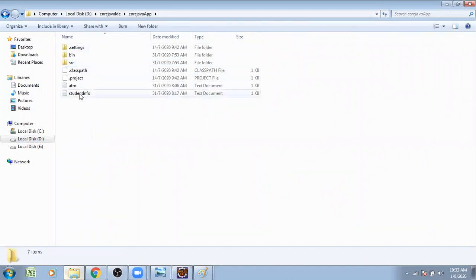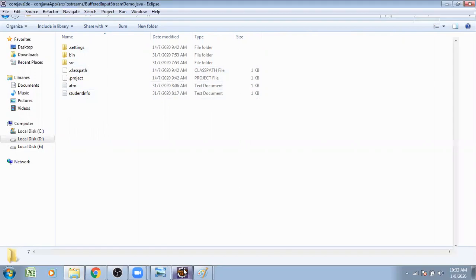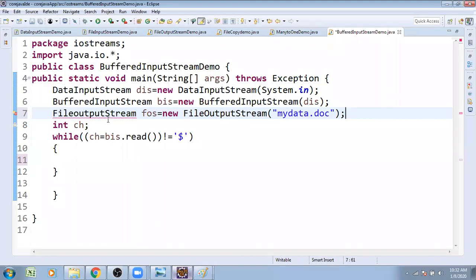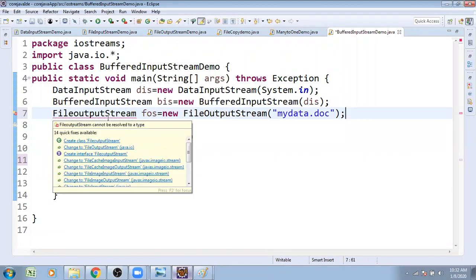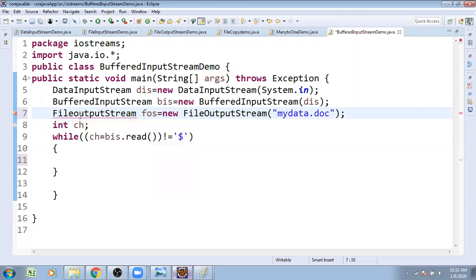Till now there is no document file. When I run this application, it is automatically expected to generate the file using the FileOutputStream class. Try to observe this logic. Expecting the output in this file.